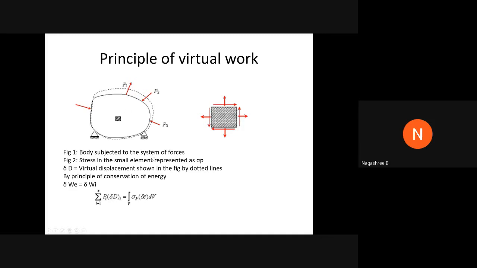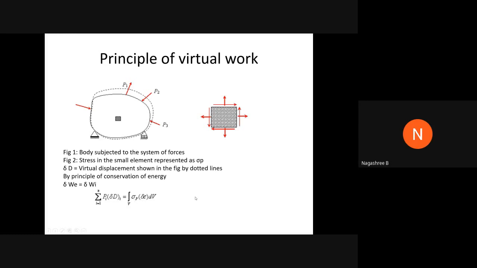Which is from 1 to 3, means the individual virtual displacement of the respective forces. Suppose if P1 is there, delta D will be delta D1; P2, delta D2; P3, delta D3, like that. So it is equated to